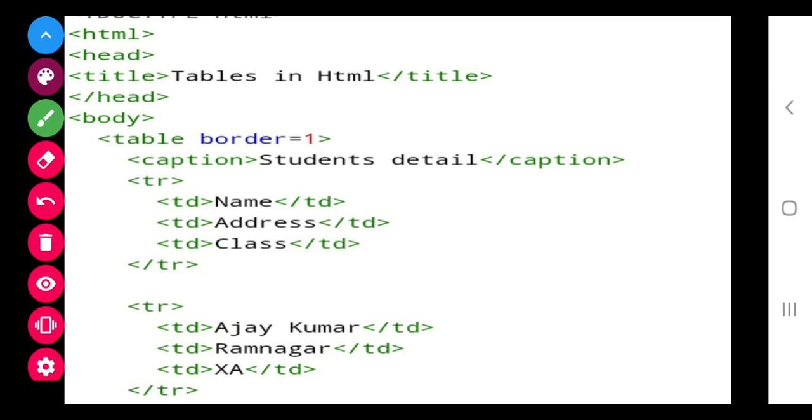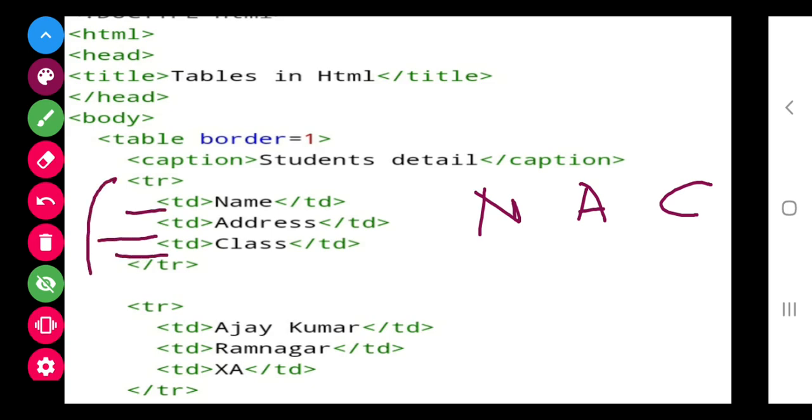Now if we move to next, name, address, I want to have heading as name, then address, then class. So first TD, second TD, third TD under the TR. Similarly, Ajay Kumar, Ramnagar and 10th A. So for that also I have to make another row.